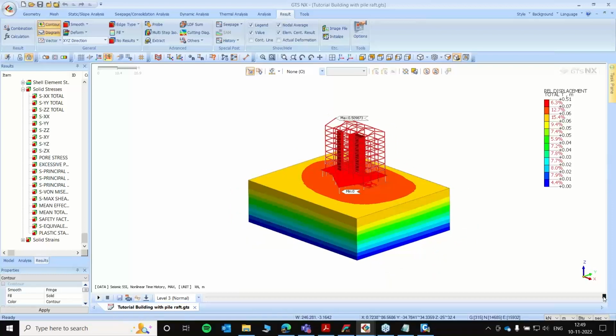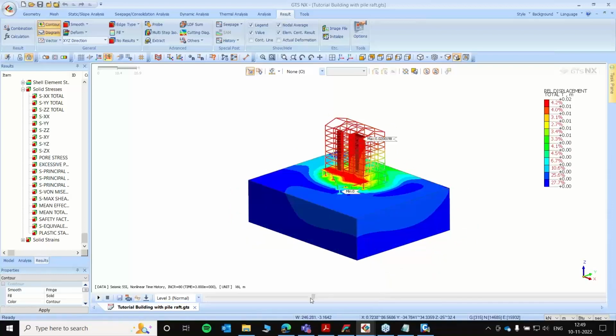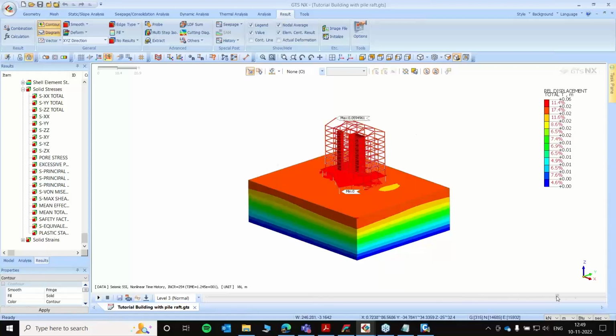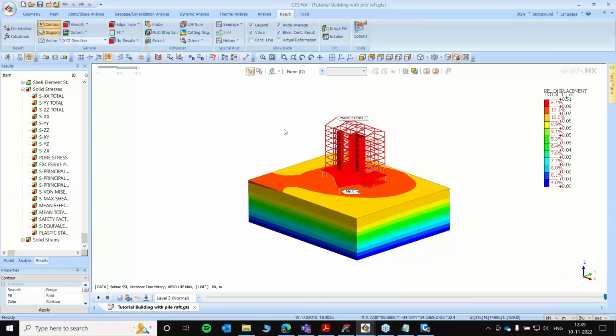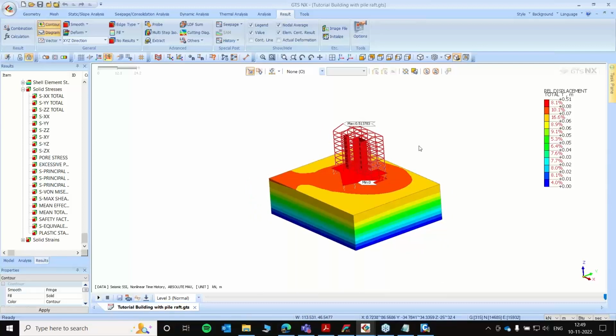If I just vary this one, you can see the changes in deformations due to the earthquake. All this kind of analysis can be done in FENX, and you can always export your data results to GTS from FENX or GTNX to Civil or Gen.